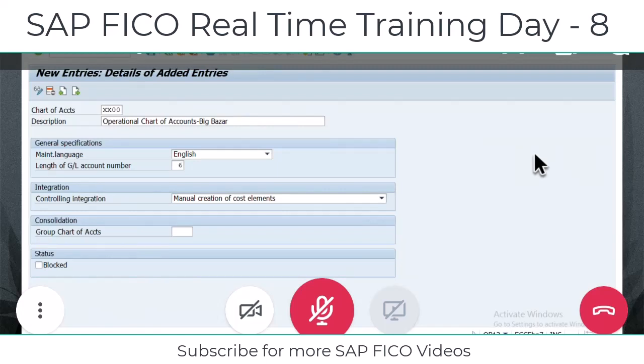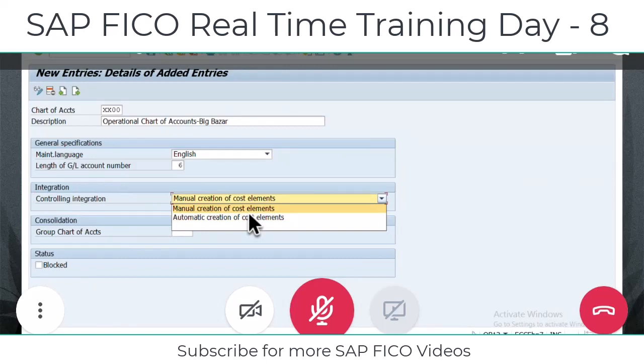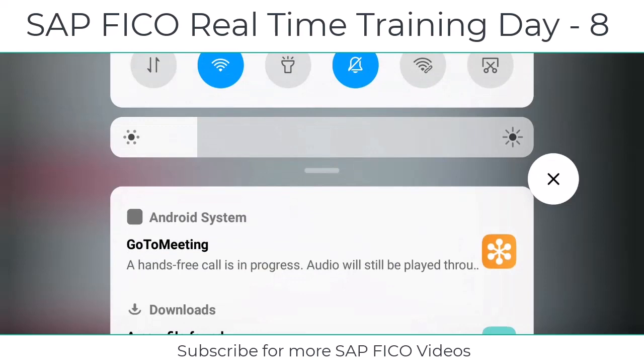Okay, due to some network issues, so please understand. Don't change your mind, just concentrate. Here, what I'm explaining is cost elements. So what is a cost element? It is the GL account. Example, in FI I will create a GL account. The same thing in the controlling module I need to convert as a cost element to capture the cost into controlling. Here, if you specify manual creation of cost elements, whatever GL accounts